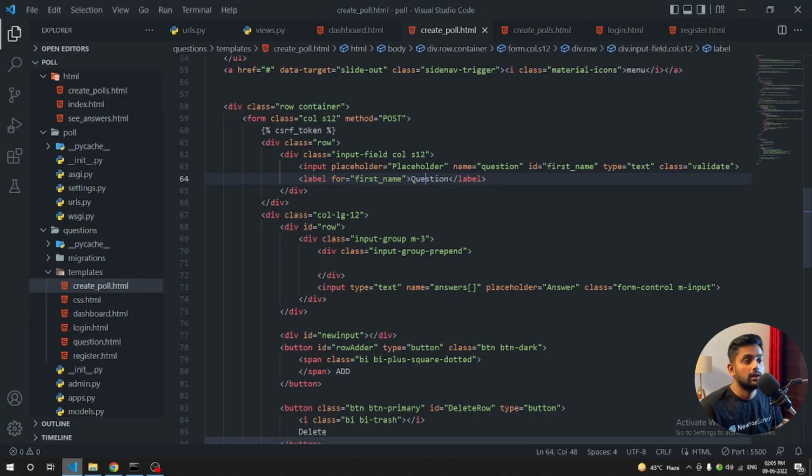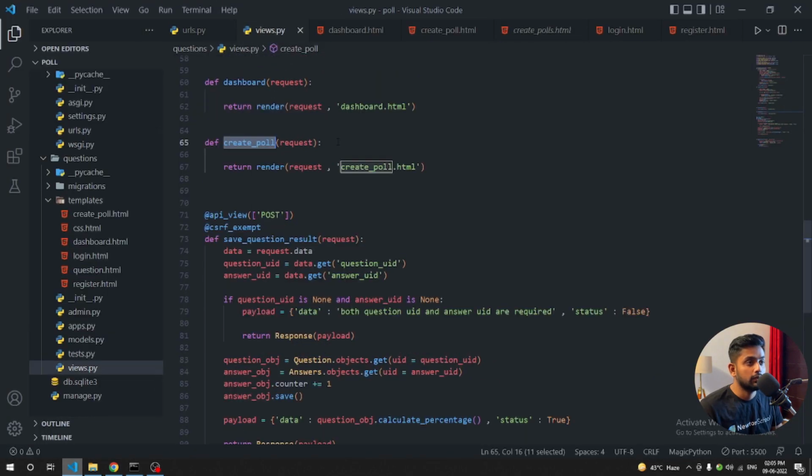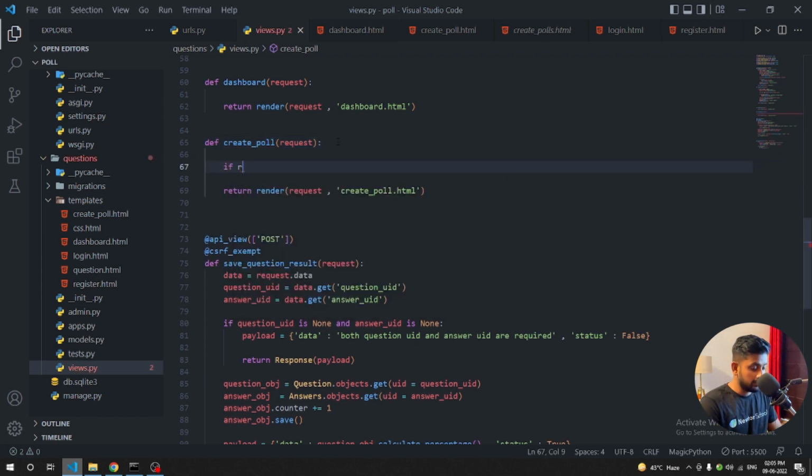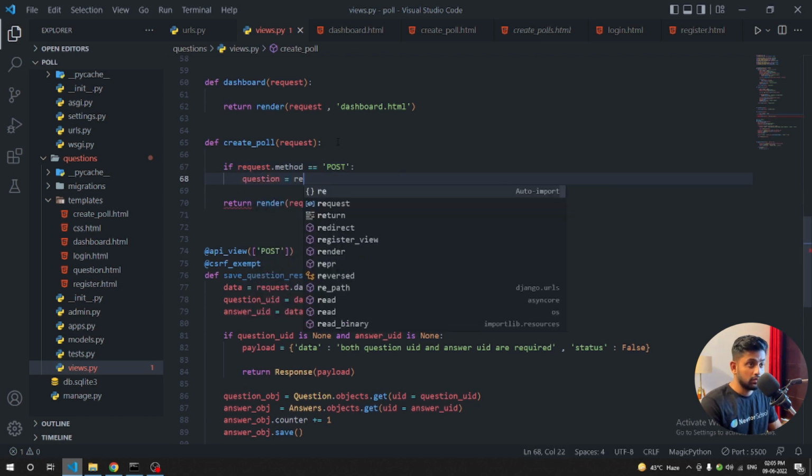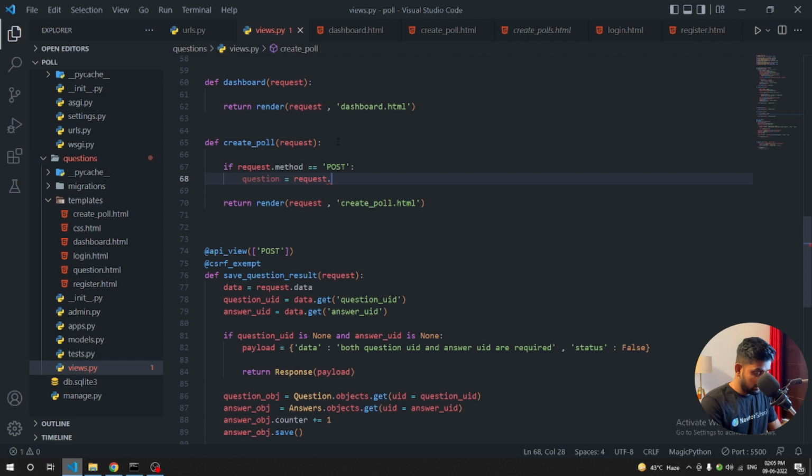Okay, and when we want to get the data, we check if request.method equal to post, and we can get the question is equal to request.POST.get